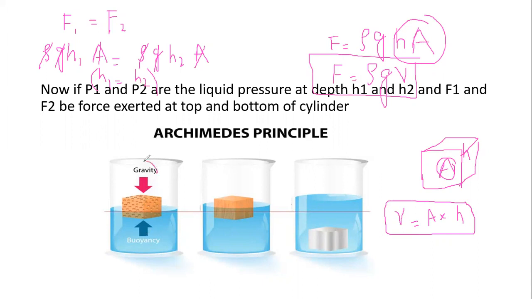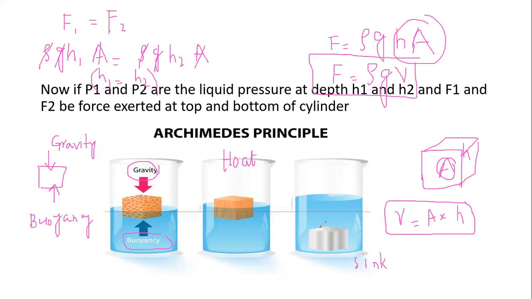Now what is this one? This is the gravity, and this is the buoyancy. Now the next important parameter: Archimedes defined this force, the weight, as gravity, and this is the buoyancy. Upthrust force is just the buoyancy force. For an object to be unstable, for example, to sink or to float. This is the float condition, and this is to sink.